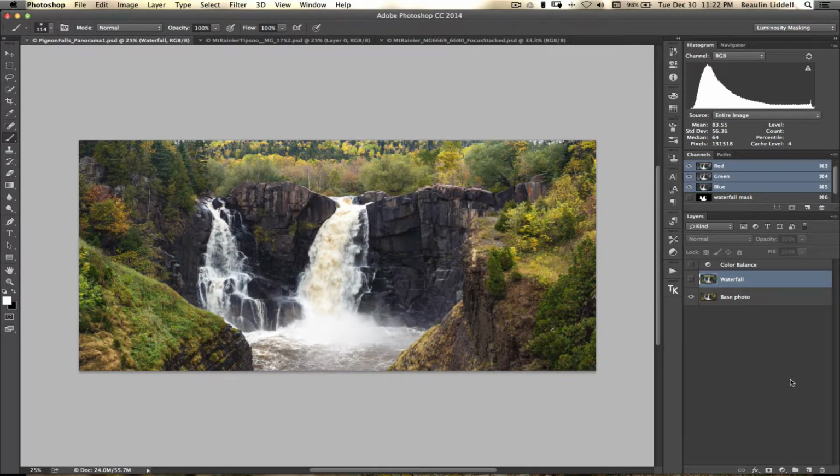Another common example where you can use a very simple mask to achieve your results is taking photographs of waterfalls. And in this case, we have a photo. This is a 7-image vertical stitched panorama of Pigeon Falls up in Grand Portage State Park in northeastern Minnesota. Very windy day, 30-mile-an-hour winds. I needed fast shutter speeds to be able to freeze the action and keep the vegetation and surrounding landscape in